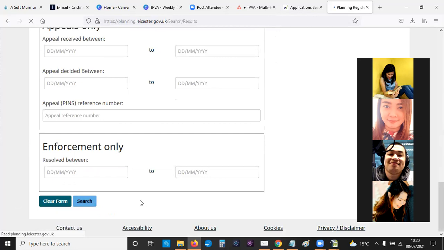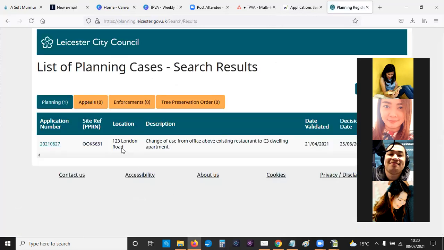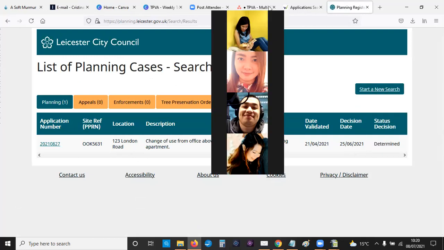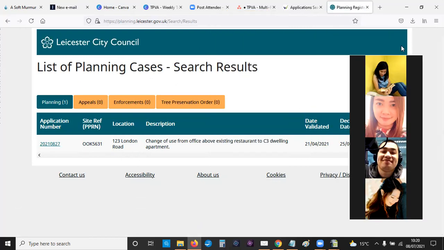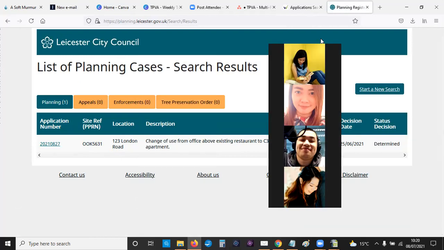Just click on search. Has it found anything? Okay, so it's found one. That's a bit strange. Start a new search. Maybe I typed in